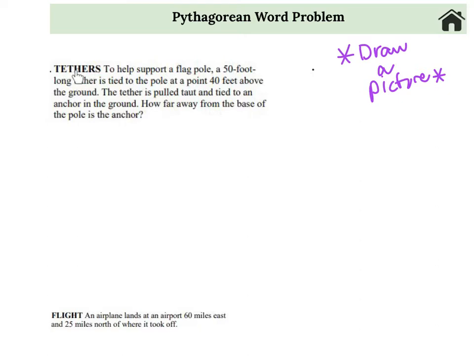So here, our first example, we have tethers. To help support a flagpole, a 50-foot long tether is tied to the pole at a point 40 feet above the ground. So according to my word problem, I have a pole. It's about 40 feet above. So let's say our pole is right here. This can be our